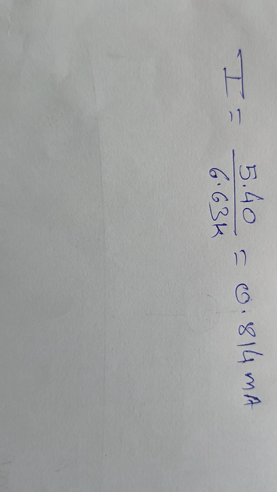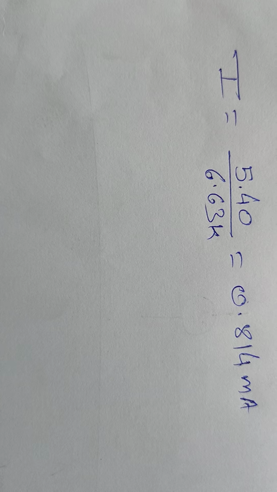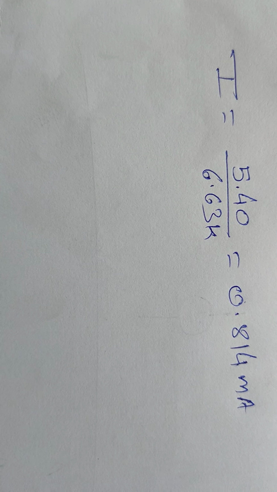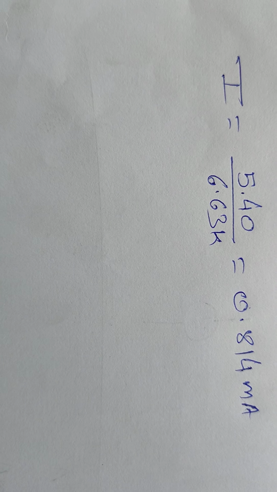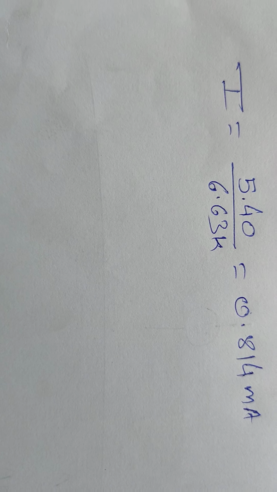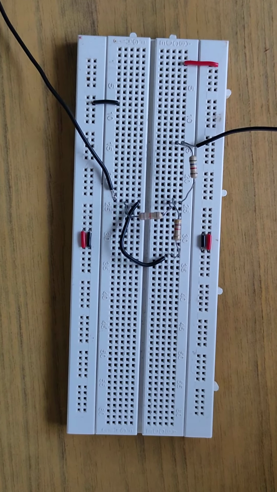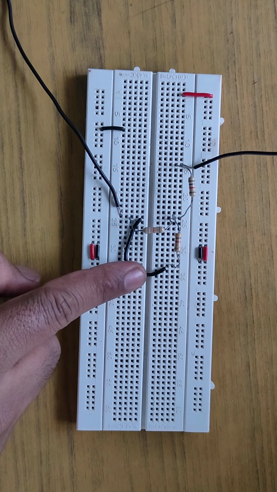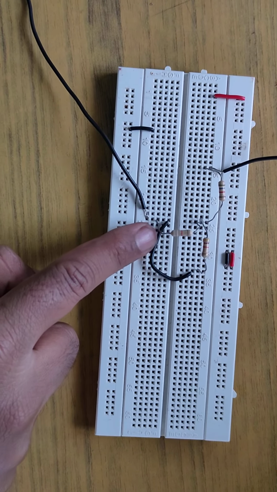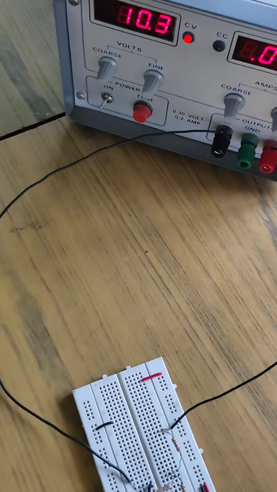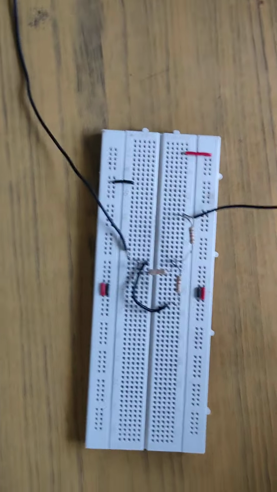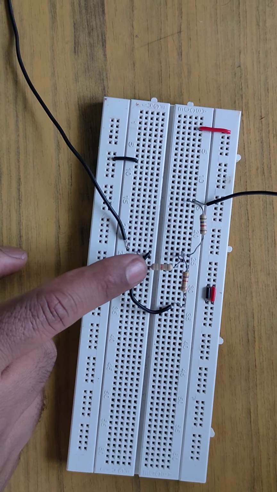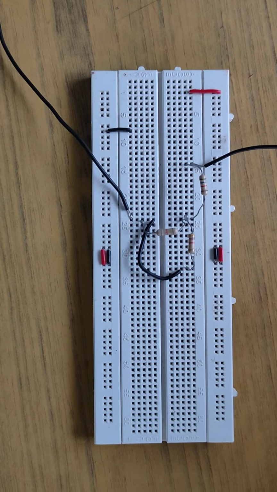Now we have to check whether superposition theorem gives same reading or not. So in superposition theorem we have to calculate the response through 6.63 kilo ohm resistance individually. Okay, if you see the circuit, then we have replaced this 5 volt power supply by its internal resistance. Okay, and now we have taken only 10 volt power supply. Now what we have to do, we have to calculate current passing through this 6.63 kilo ohm resistance.